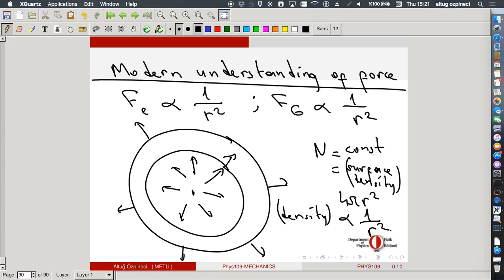Now, any question? Yes? Well, we interpret the force as an exchange of some particles. For the electric force, photons, just like light is made up of photons. For the gravitational force, we believe that the exchange of gravitons causes this force. Well, we don't know yet. We didn't measure gravitons. We couldn't observe them. We couldn't even write the theory of gravitons yet. But nevertheless, we believe that gravitons exist. It's just a belief for the time being.